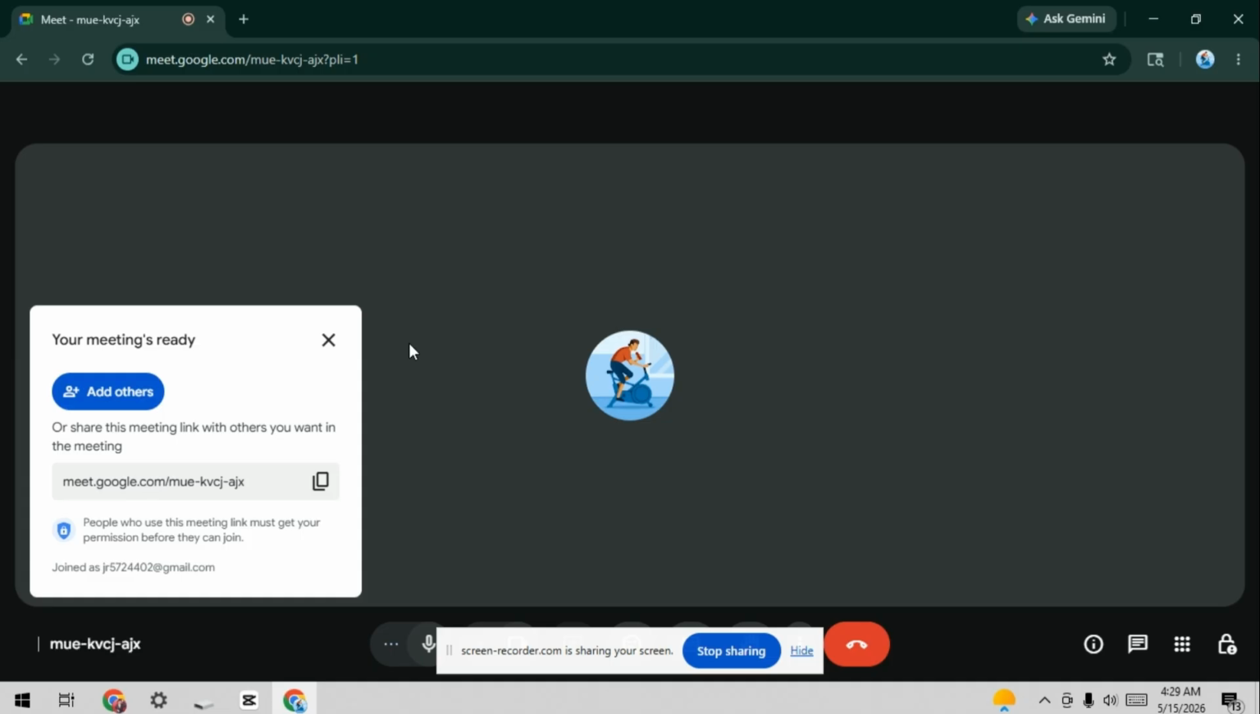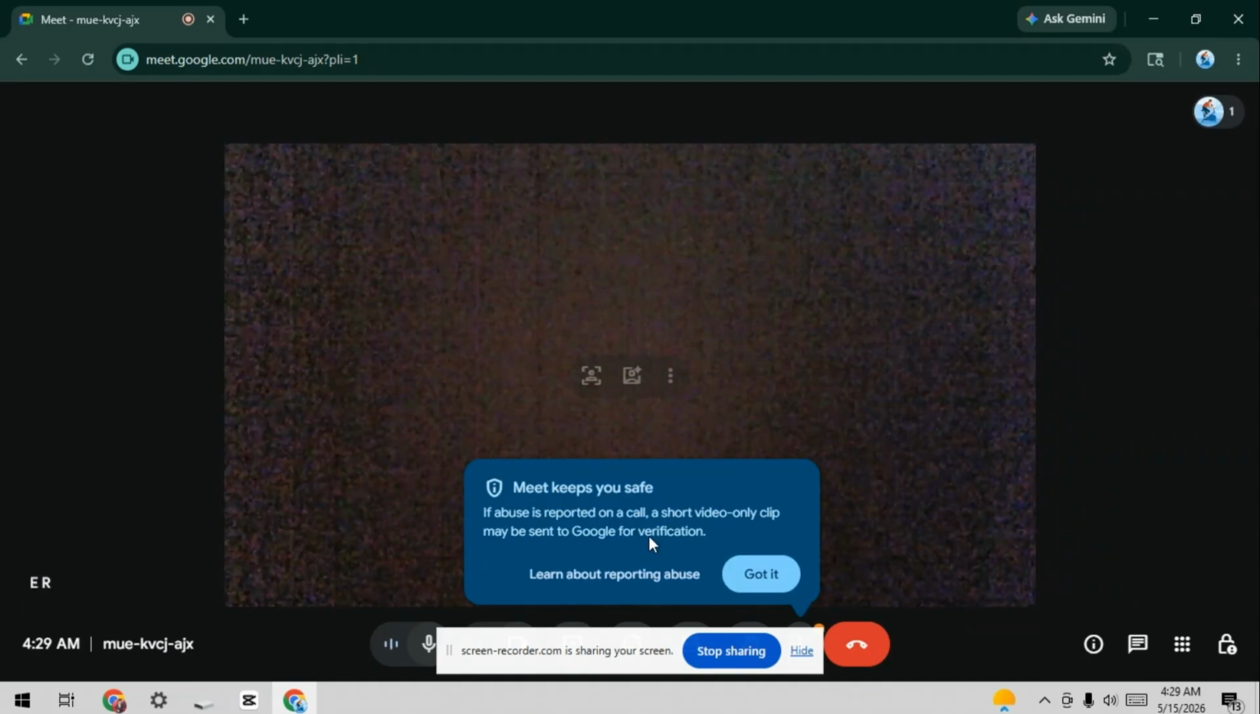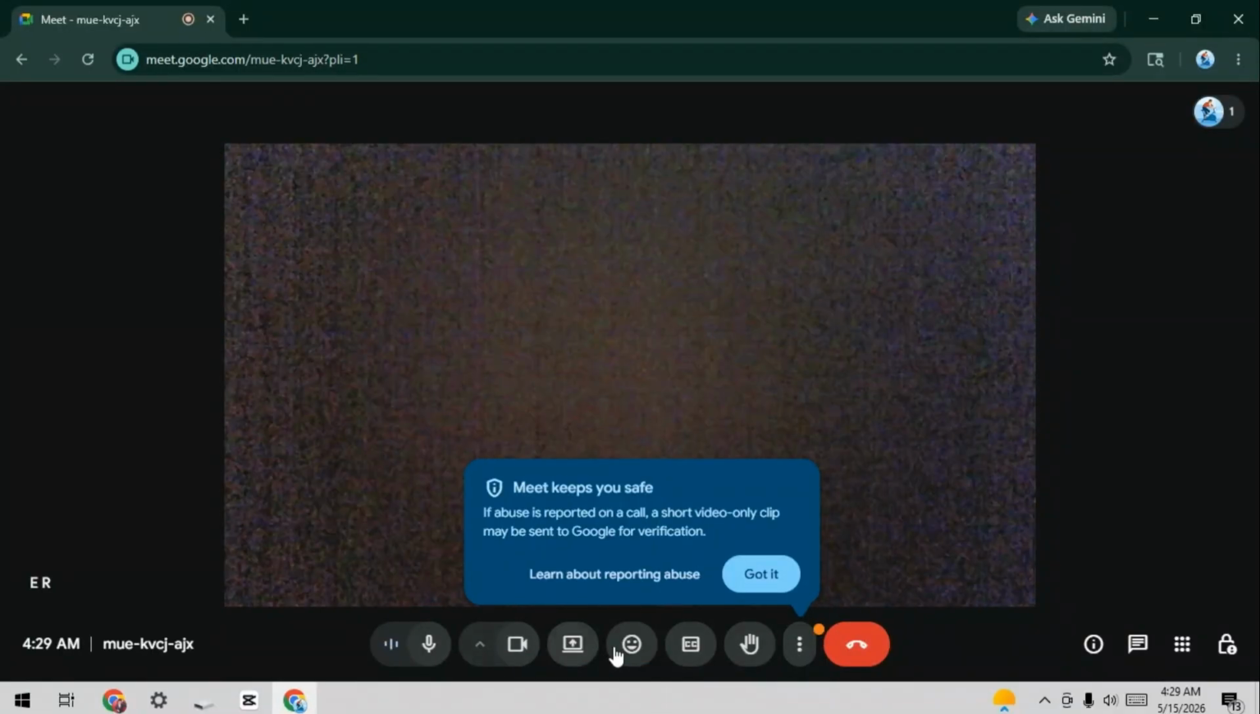While recording, make sure your microphone and camera are properly set so everything you need is captured clearly. When you are done, click the three-dot menu icon and press Stop Recording, or simply end the meeting and the